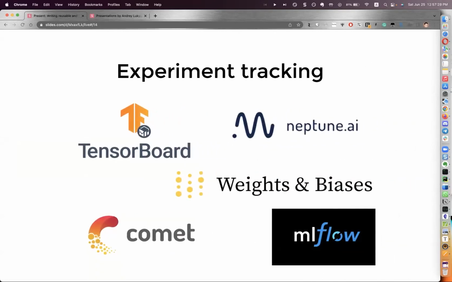Of course, it's important to have some experiment tracking. TensorBoard is the default approach and the default choice. And in fact, if you have never tried TensorBoard, I suggest you try it because it's quite good and it has a lot of features, and maybe it will be enough for you. But there are many companies which develop their own solutions. Currently, I'm using, for example, Weights and Biases. They allow you to have a web interface and some nice features. And often they have a community of people who could help you. So you could try several of them and decide which one you like and use it later.